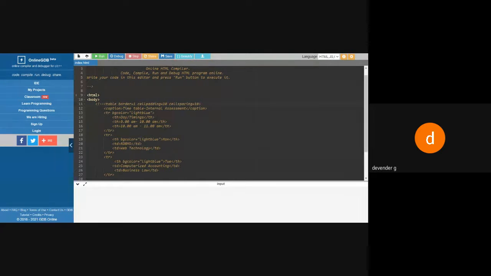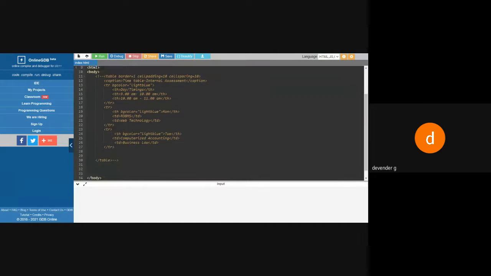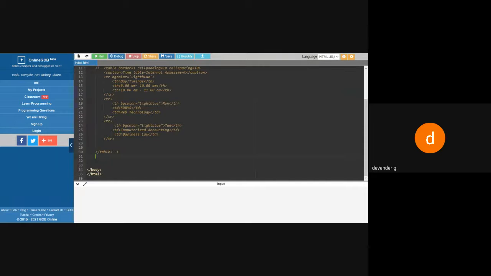So why are we using these comments? In order to give documentation, some explanation. See here on the top, I have given a note saying that this is a program you can use so and so, and this is a compiler which is going to help us do something. So we can comment our statements or code in this fashion. I took the help of that, and you can simply ignore that one.